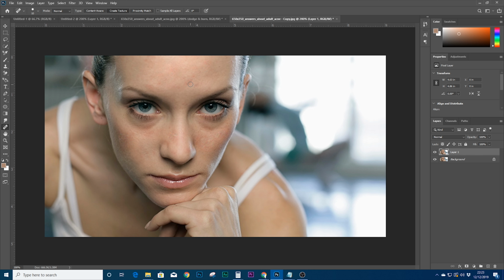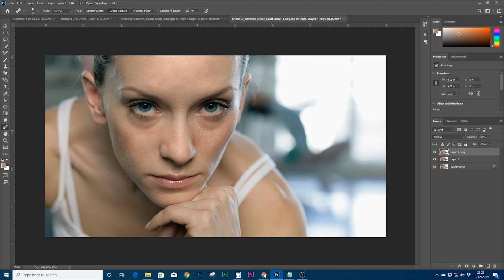so I'm just going to go back to the spot tool, get rid of those, go over this, and already you can see it's done an okay job. It's not the best job just that, but it has done an okay job. If we look at the before and after, natural looking, but we can see where we've actually removed things. So what I'm going to do now is create another layer,